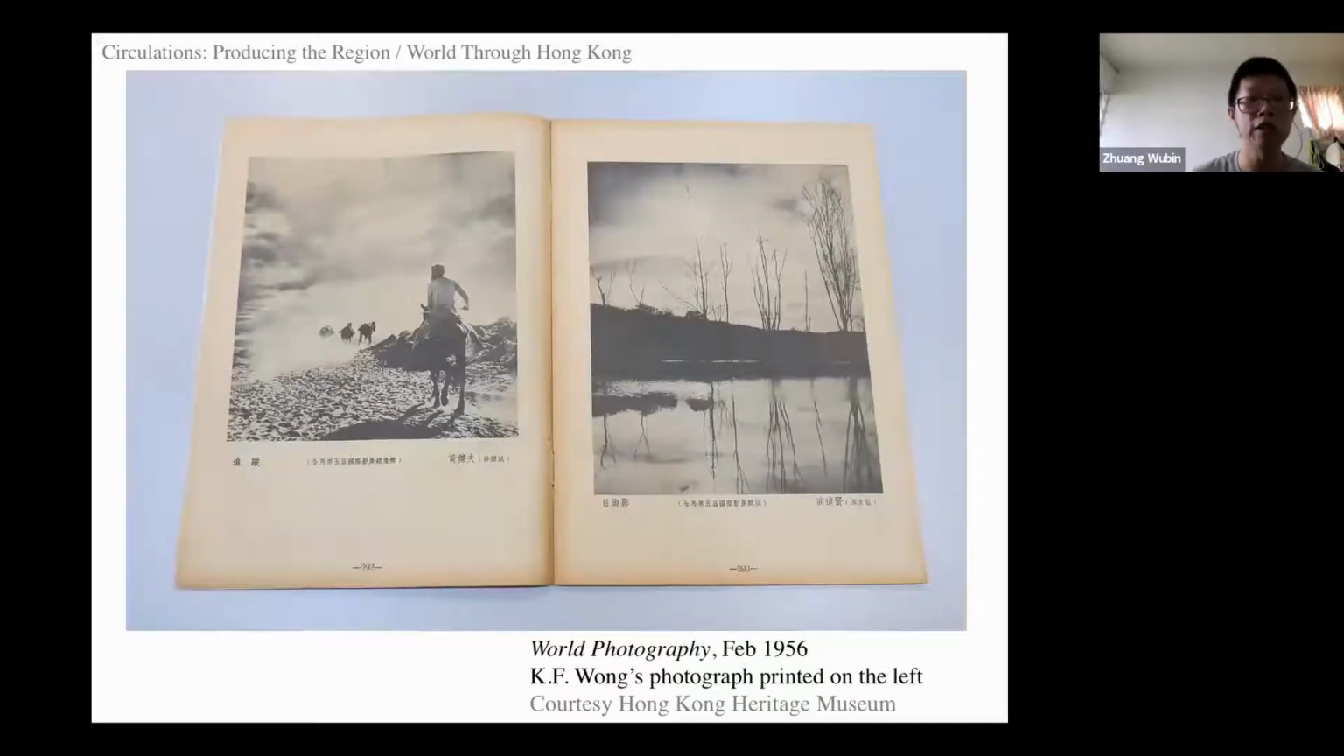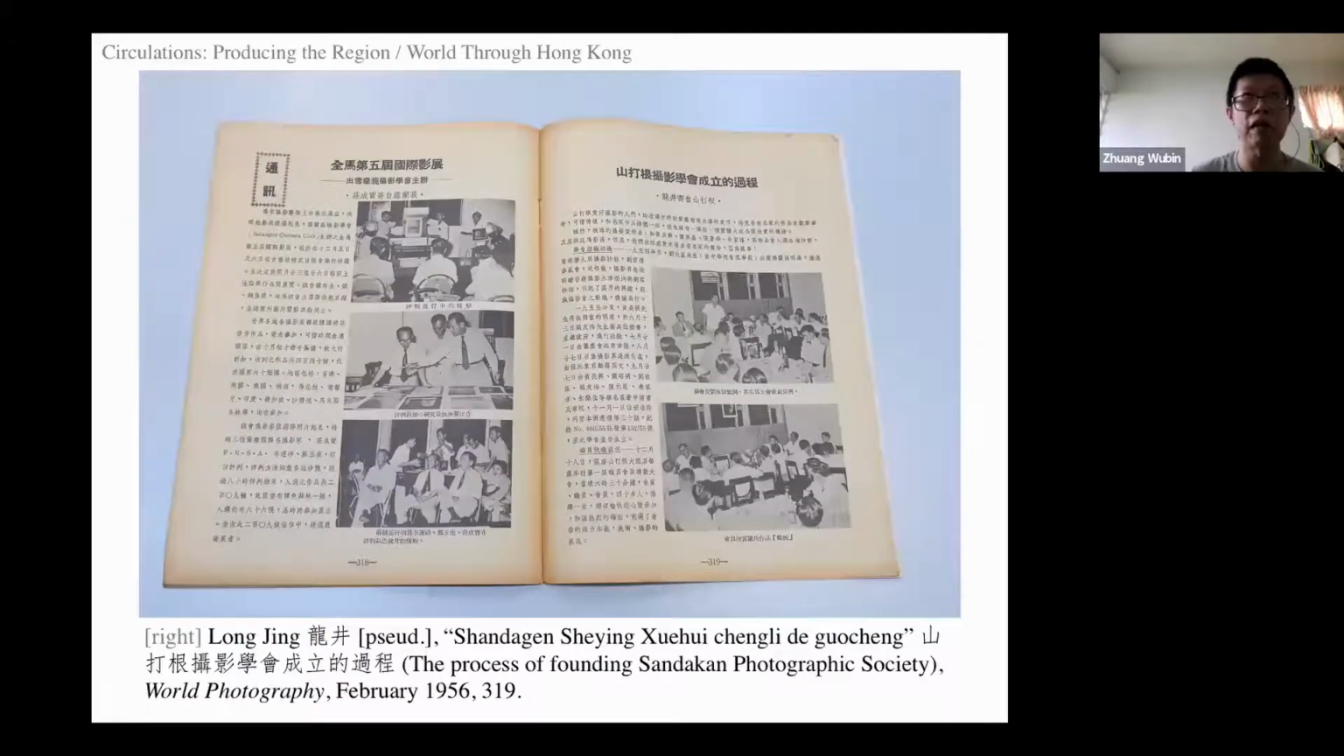And here also you will see K.F. Wong's work. So K.F. Wong's work was constantly being featured on all these photo periodicals. So K.F. Wong's work on the left. And one thing that was quite striking is that because the publisher enjoyed a very close connection with Southeast Asia, he was always able to report on, in some detail, the developments of photography in all the different cities across